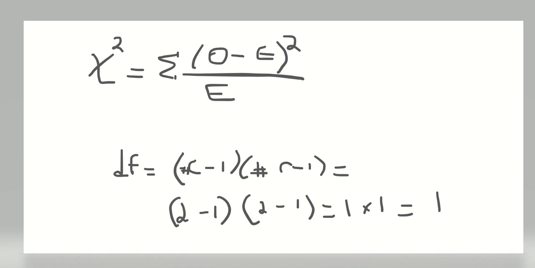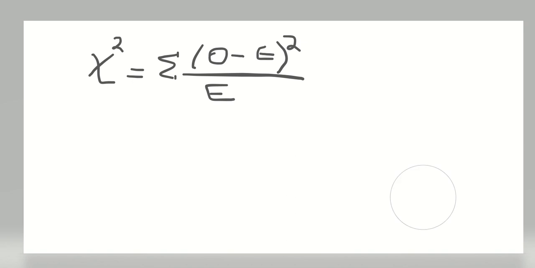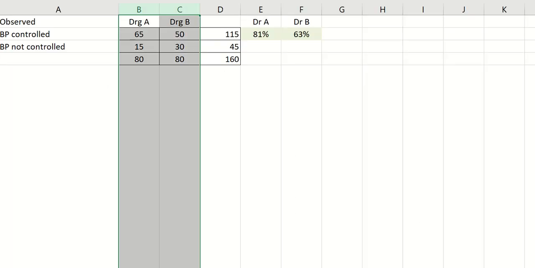Okay, so let's now apply the formula of the Pearson chi-square. The formula says observed and expected. If you go back to your Excel sheet, you already have your observed: 65, 50, 15, 30, these are the observed values. But now I need to get the expected value per cell. So what is the expected value of the 65? We mentioned previously that to get the expected value, you take the total of that row, 115, you multiply it by the total of that column, 80, and you divide by 160, okay? So you're going to take 115 times 80 divided by